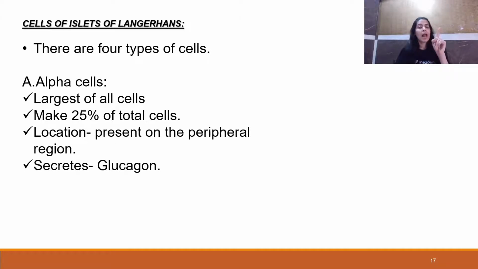Cell number 1, alpha cells. Cell number 1, what is the name? Alpha cells. Now they are the largest of all the cells. So I said that islet of Langerhans will have 4 cells. You must have figured out the names: alpha, beta, delta. Okay? So alpha are going to be the largest cells, right? But they make up 25% of total cells, right? Now since we have given it a large size, we cannot give it the largest quantity. So we reduced its number, we made it 25%, right? So